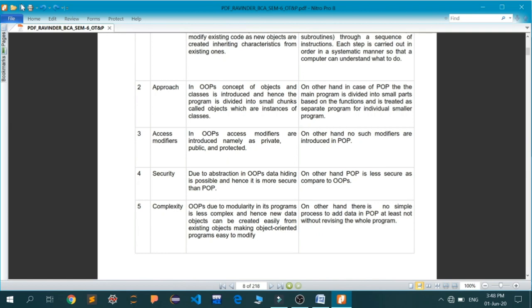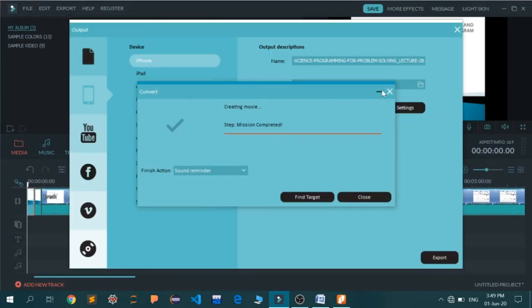While in POP, the main program is just divided into small parts based on the functions, and is treated as separate, individual smaller codes. As you have already coded, that is procedural POP. We have seen that in the C language, which you must have studied in your first year.